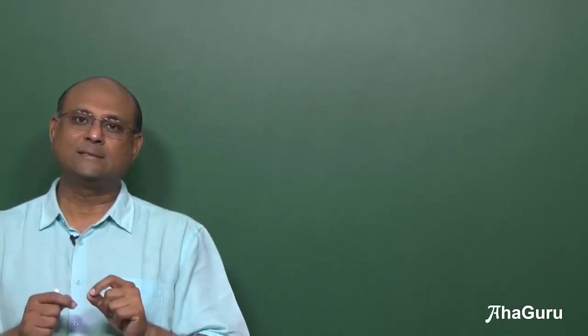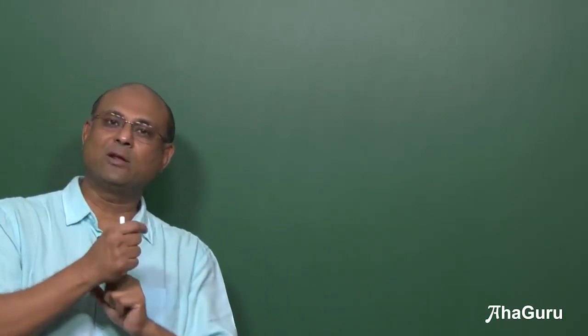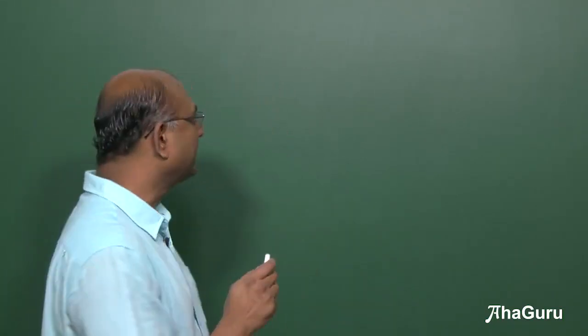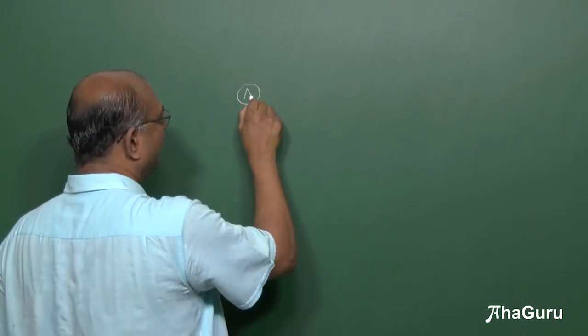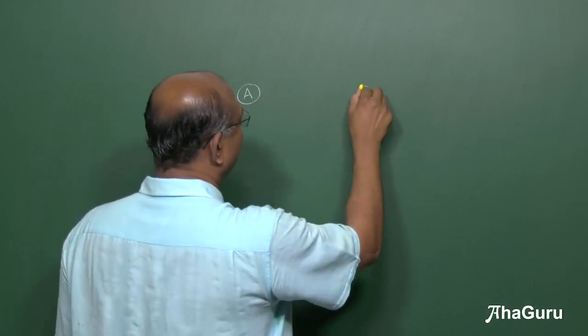So we have now basically seen how you can find relative velocity and relative acceleration, right? Now let us look at distances. So how does this affect distance? For example, if I have two objects, let us say A and B.